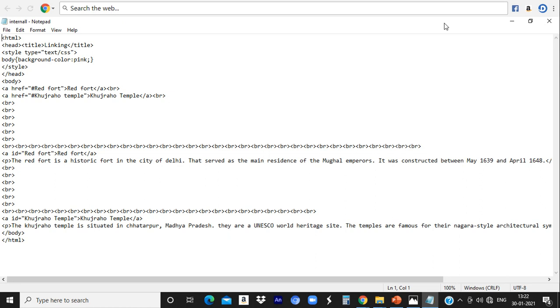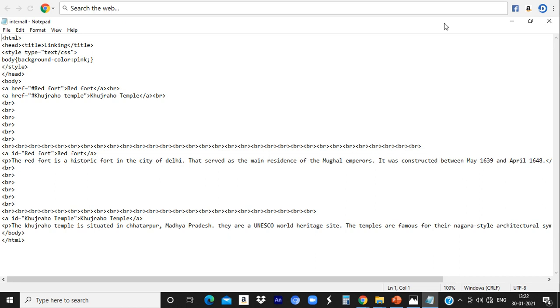Now we have used BR multiple times to increase the size of the web page so that we can move from one part of the page to another. Now a id is the anchor tag, and id is used to create the internal linking. We can see that the keyword is the same, and we can add a paragraph.